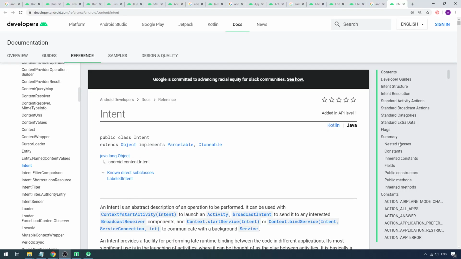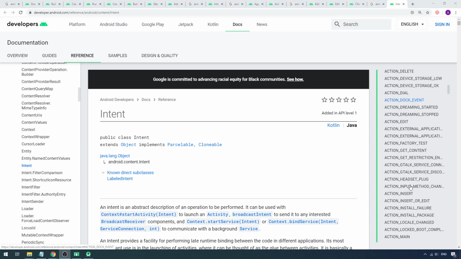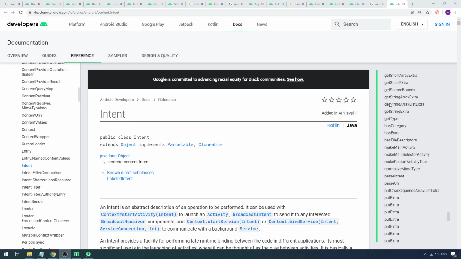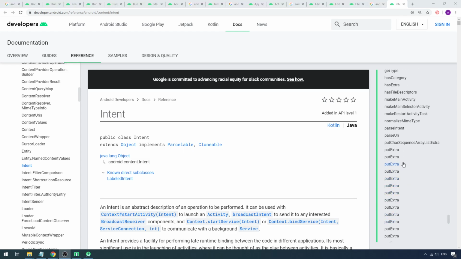So in the Intent class, I have to scroll in the right hand side, right, and look for the methods. Look at my mouse. So I have to scroll and look for the method. I'm scrolling to the public methods, right, to look for where this method putExtra comes from. So if you scroll down to the public methods, you can see the putExtra method is overloaded. Look at the mouse, right? So using the putExtra method to the Intent, if I click on one of these, it's overloaded, right?